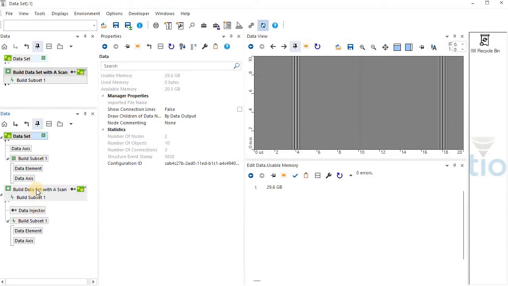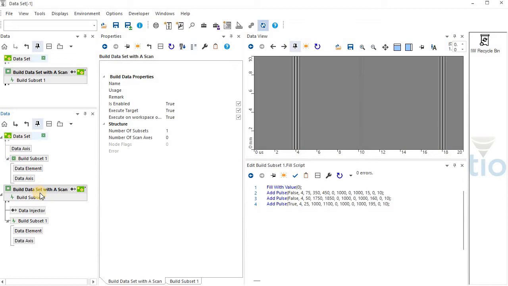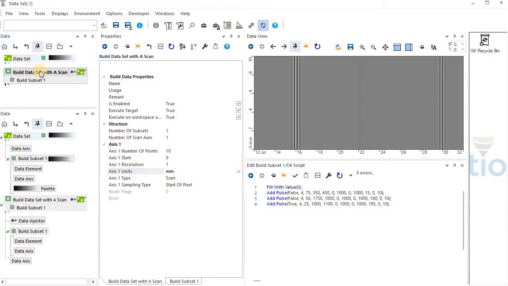Okay, so let's look at the build data set, and this is on the node, and there's two properties here, number of subsets and number of scan axes. And as we saw in the last video, the scan axes are the ones that live on the data set, not the subsets. So we could modify this one by putting one subset here. And I guess we'll keep the defaults, except we'll put the units at millimeters. And we will run this node. And now you see that we've got an extra axis on the data set, and you can see, as expected,